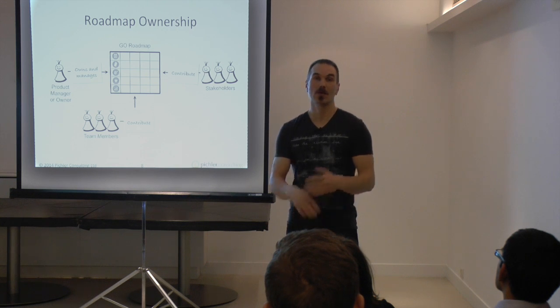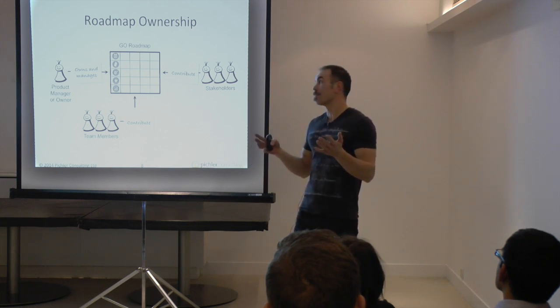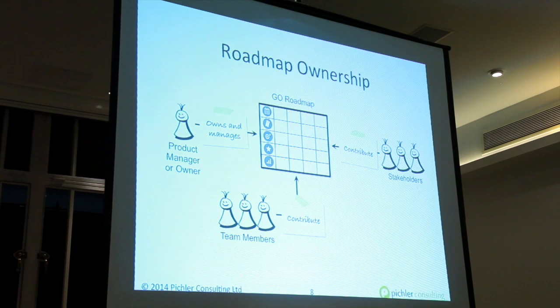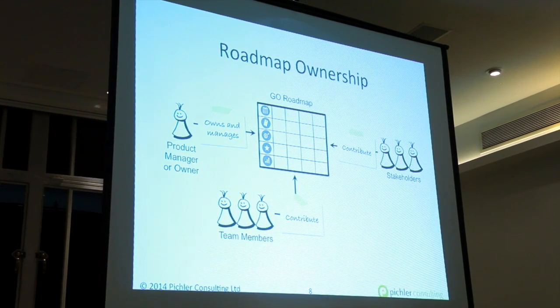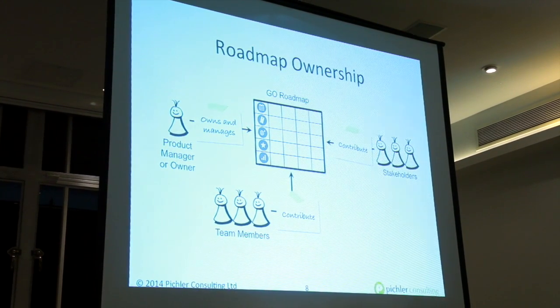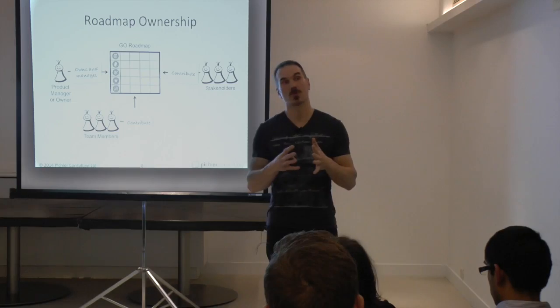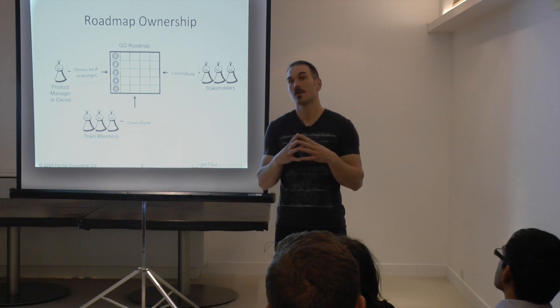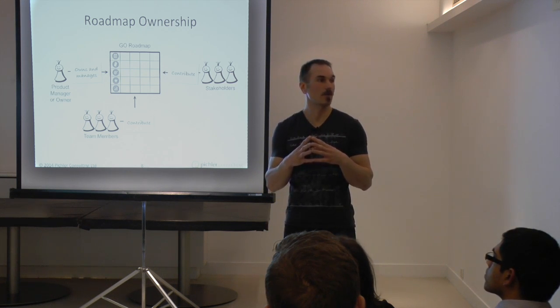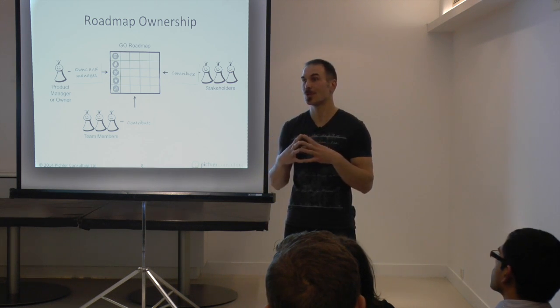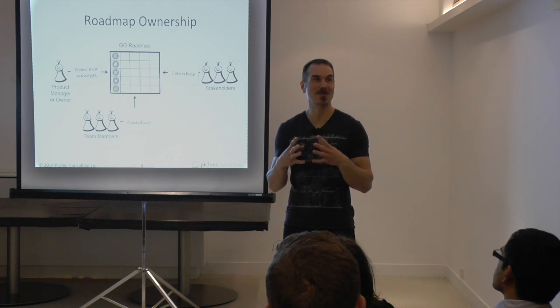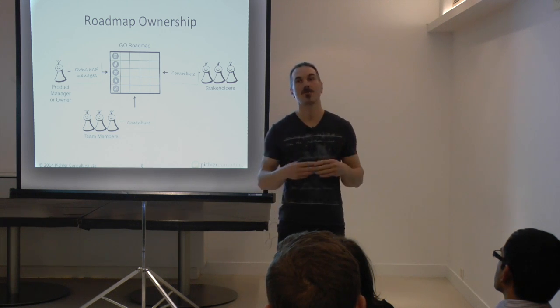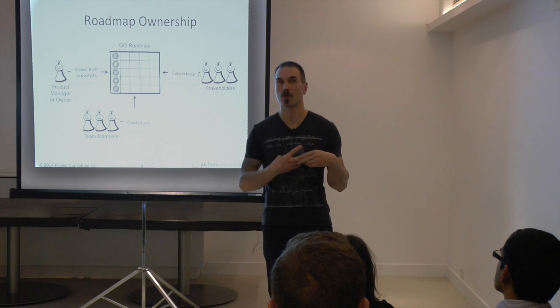So, try and build consensus, but as the product owner, product manager, take ownership of your roadmap. And so particularly for those of you who work as product owners and product managers and you haven't worked with a roadmap, then maybe you just want to go and create one and try it out and possibly show it to the team members and stakeholders and see what they think. Or you invite them and have a joint roadmapping workshop.